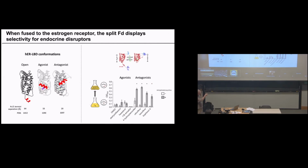So instead of having those two fragments on two different things that bring them together, could we have the two fragments fused to the end of a protein that's known to undergo a conformational change? So it has a big open state, the fragments are apart, it's got a closed state upon ligand binding, the fragments are close. We'd read some really cool work out of Weiman Zhao's lab where there'd been some work with